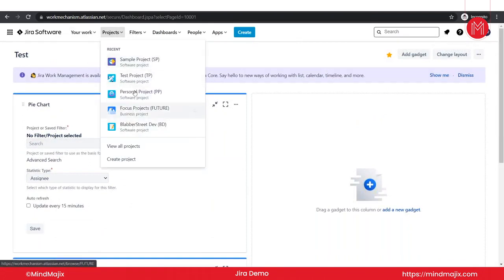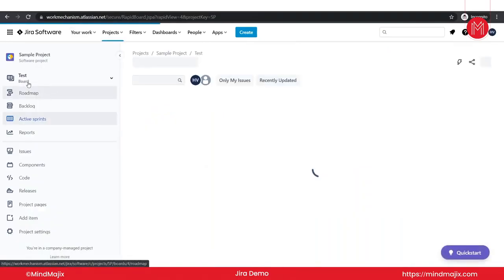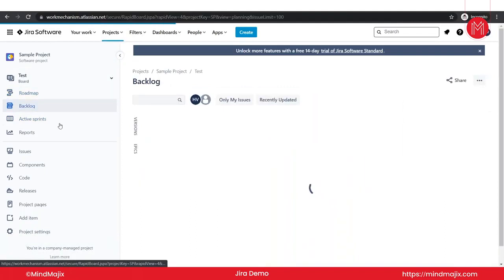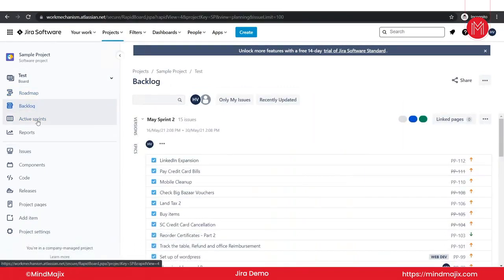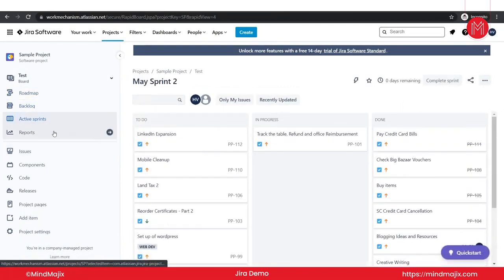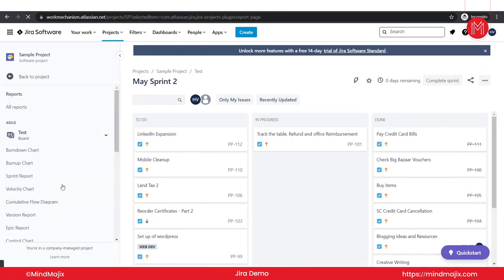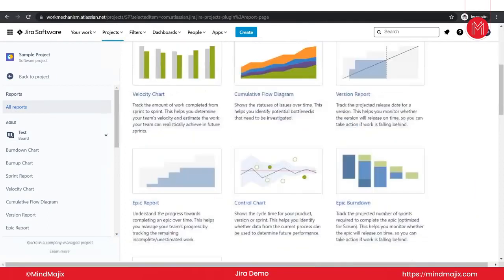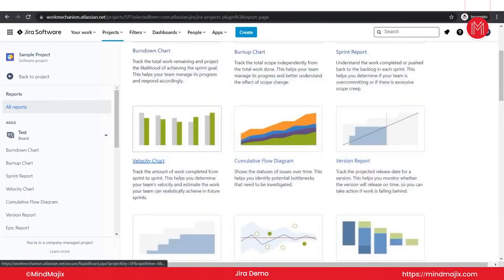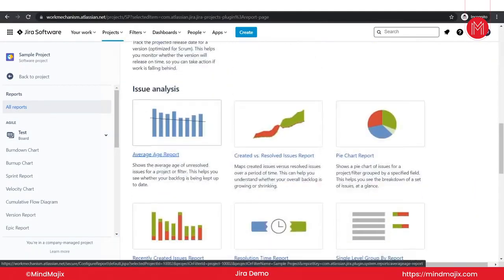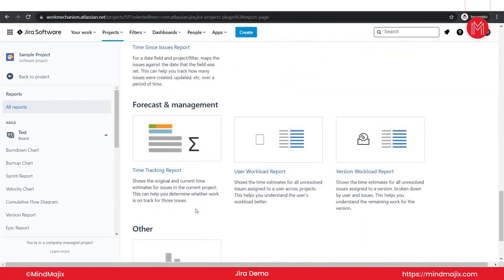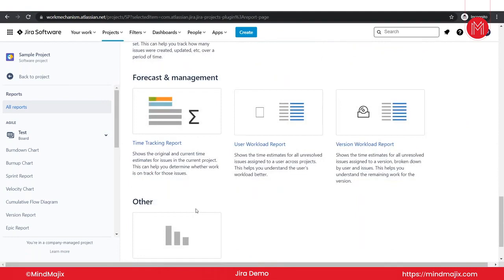Moving forward, at the project level, you have many options in Jira. Understanding how you can set your roadmap for the future, having a backlog option where you can groom your issues and act as sprints, and a comprehensive reporting section where you'll be able to see different kinds of agile reports, whether there's a burn down chart, burn up chart, sprint report, issue analysis, how your issues are pacing from time to time,